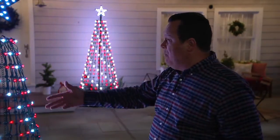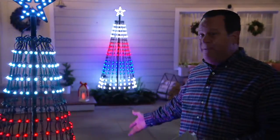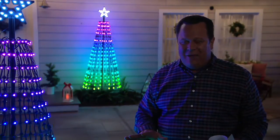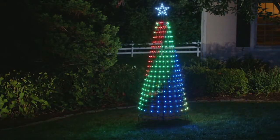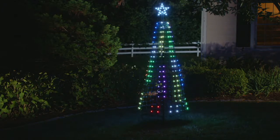or until 4th of July when you pull it out for the red, white, and blue tree, or Easter when you pull out the pastel color options. That's what makes all of this so extraordinary. We're very, very busy now, and everyone's making their choice, and everybody's using Easy Pay, and we would encourage you to do that. Because as we are looking at our final presentation of the day, this becomes your new holiday tradition. In that 5-foot tree,